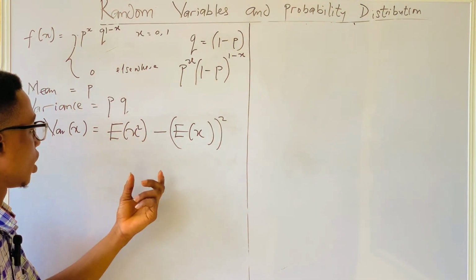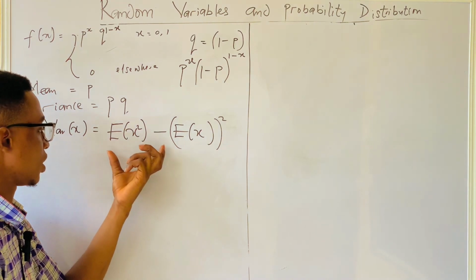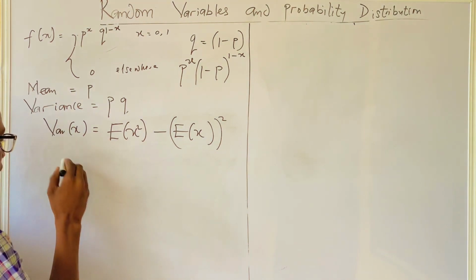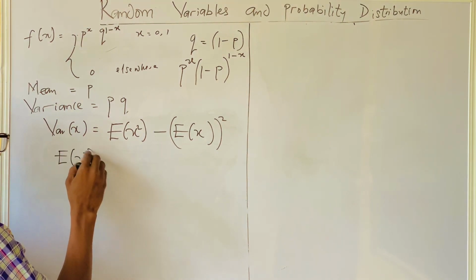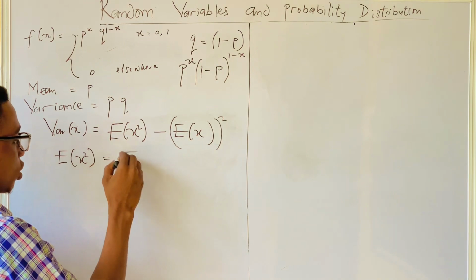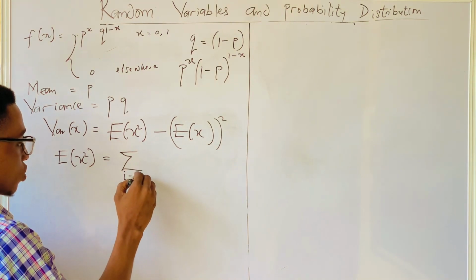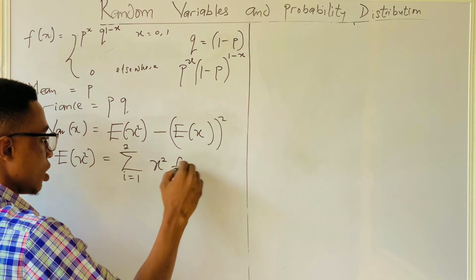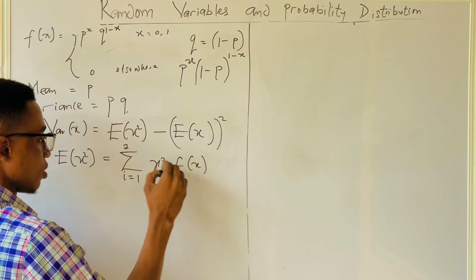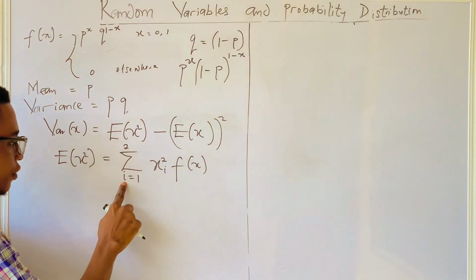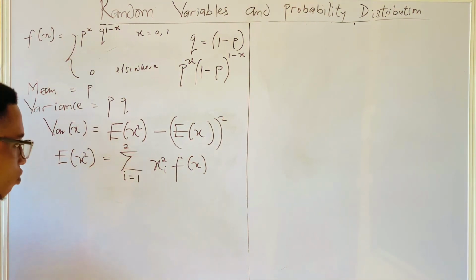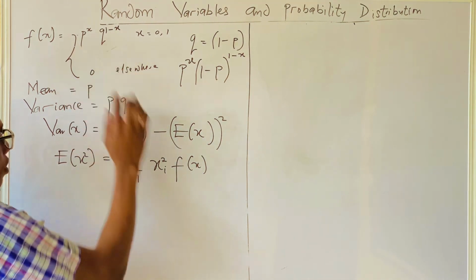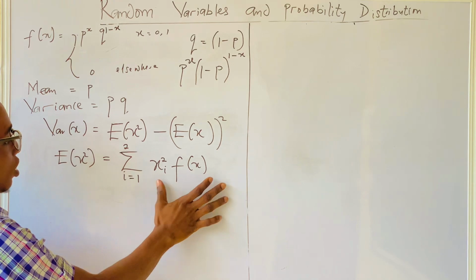So what we need to do now is to solve for the expectation of x squared. So we have summation of i equals 1 to 2 of xi squared f of x, where i ranges from 1 to 2. So we need to put the value of f of x into this